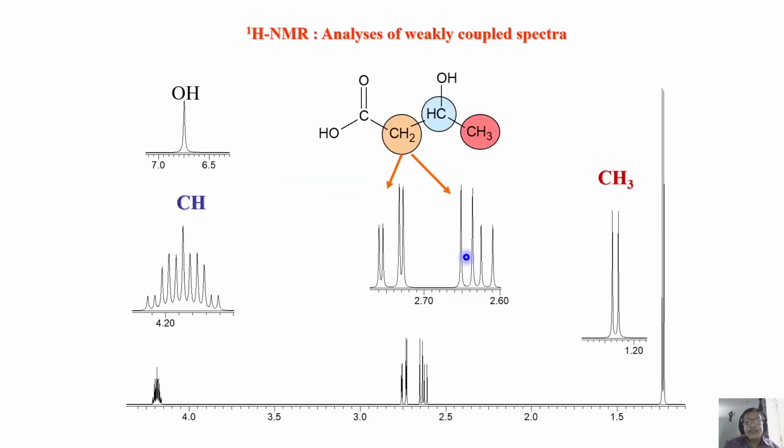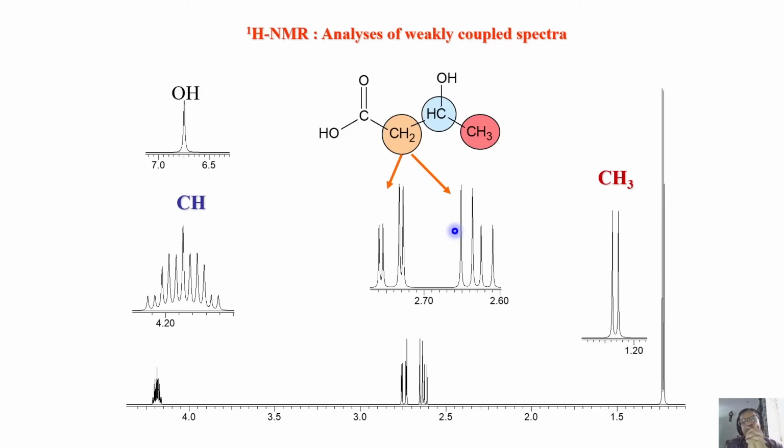Okay, we'll go further. And of course, what about this OH proton? It is somewhere there. Okay, we'll see. One of them is not seen. Only one of them is written. Otherwise, it is somewhere broadened out, far away in the spectrum. That is not of much interest for us at the moment. Our interest lies in the CH2 peak and the CH peak. Now, CH I have identified as a multiplicity with 12 lines, and CH2, instead of getting a doublet, I am getting an 8-line pattern. What is this 8-line pattern? We have to understand. Where do we begin?